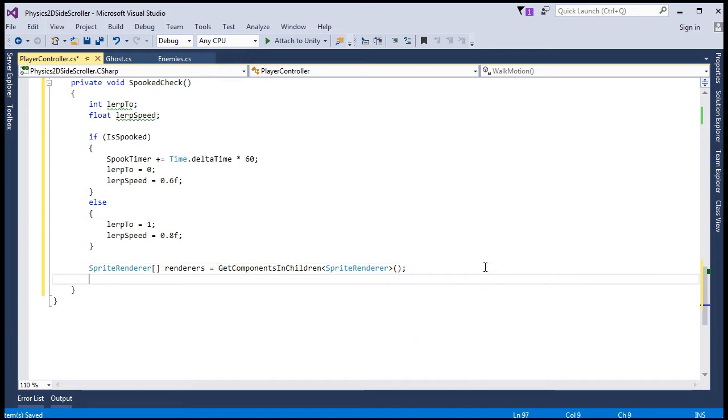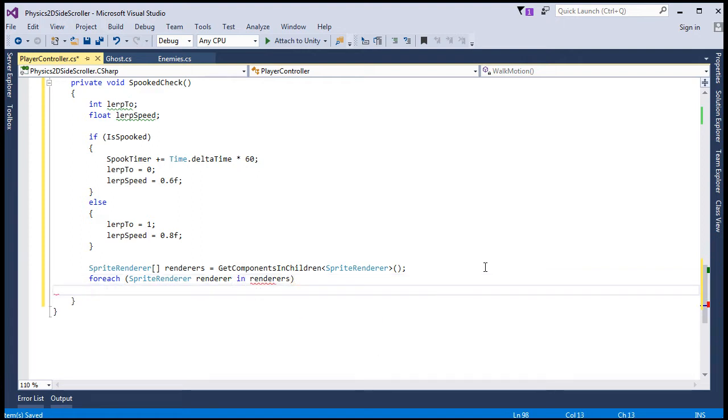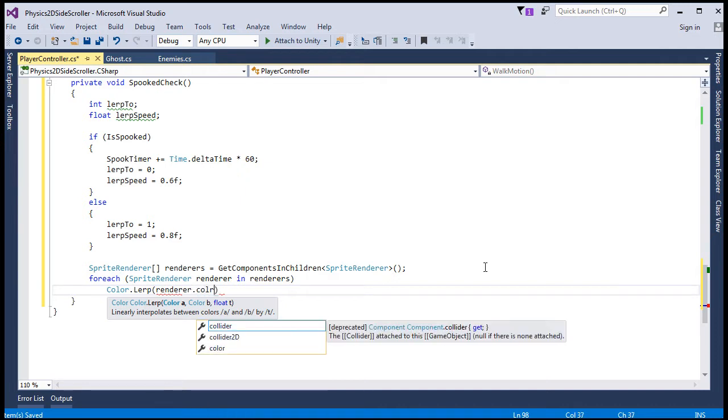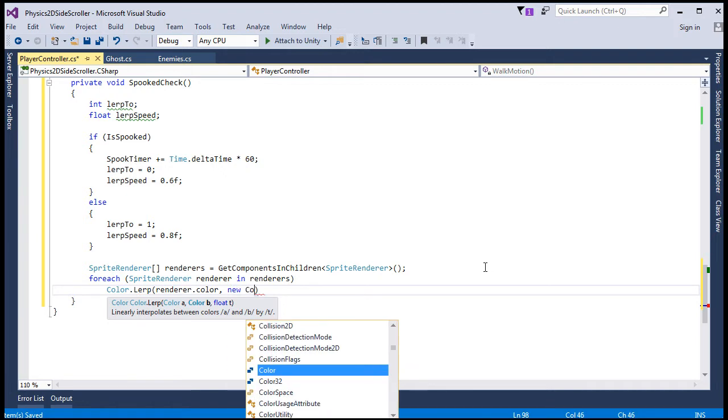And then we'll iterate through those renderers. So for each SpriteRenderer in renderers, I can just do it on one line here, do the lerp. So Color.Lerp, pass in the renderer.color for the starting point to the new color,